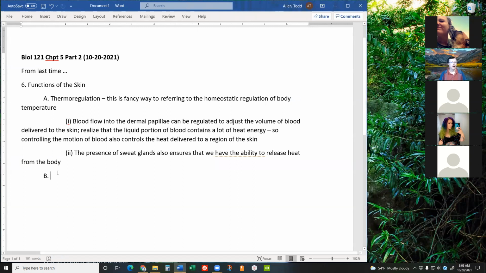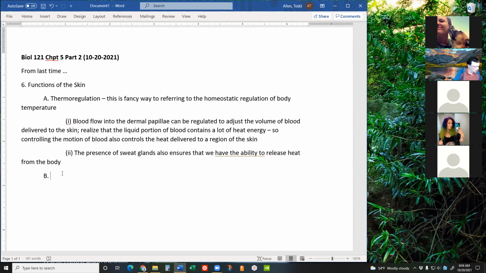Okay, there we go. So we've been talking a lot about the anatomy of the skin, and last time we finished with a conversation talking about functions of the skin. I want to continue and extend that conversation because we only got a little ways into it. So at this moment in time, if you have your textbook open and you're looking at things,